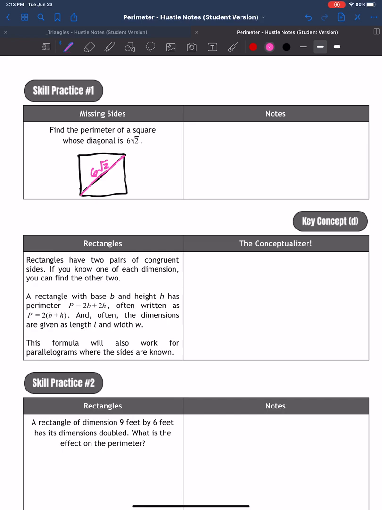So, your Pythagorean theorem is a squared plus b squared equals c squared. C squared is your 6 radical 2. So you have a squared plus b squared. Because it's a square, we know both a and b are the same. So you're really only looking for one number. And when you add two squares,